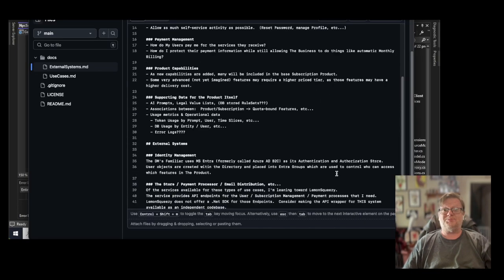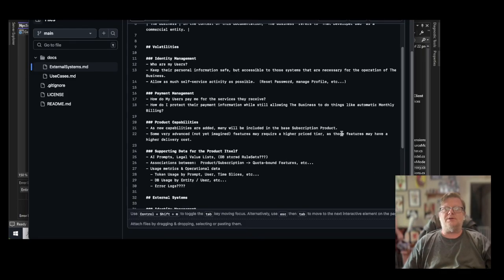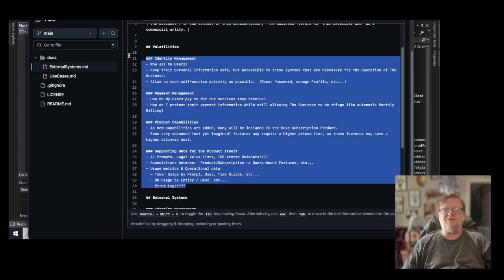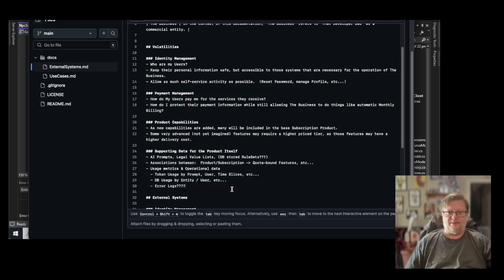So, supporting data for the product itself. So, these are concrete discovered volatilities right here. These things can be further generalized into